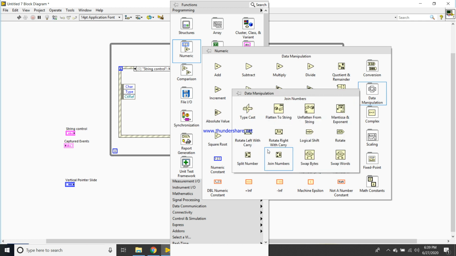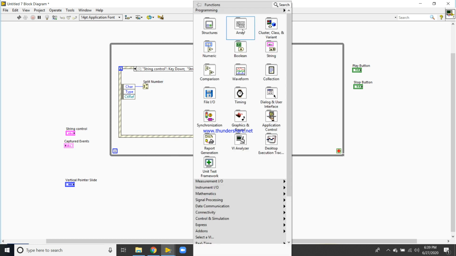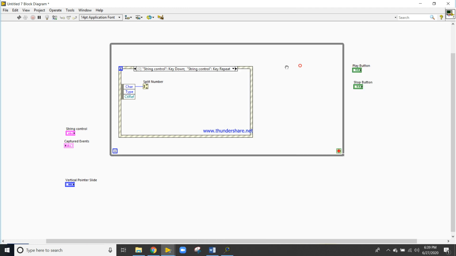In the data manipulation you will get this one, Split Number. It will split your number into high and low order. After that we will join those numbers again by using the Build Array function.